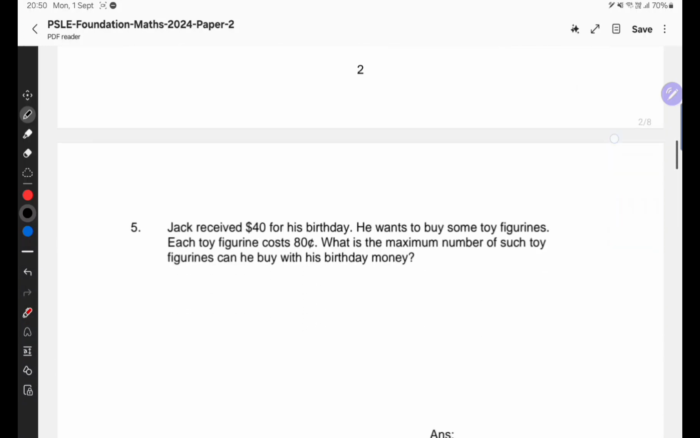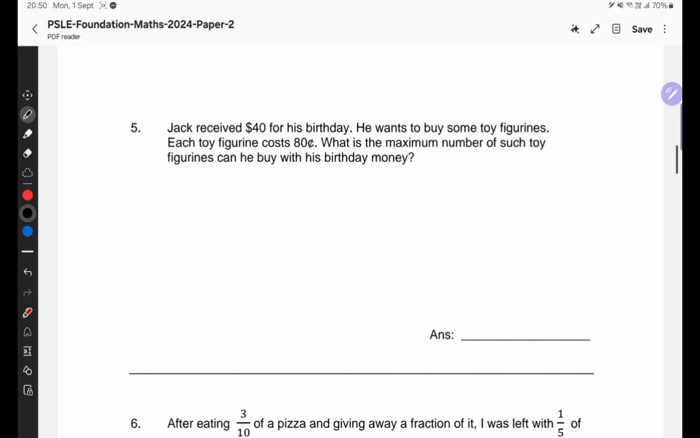Okay, moving on to question 5. Jack received $40 for his birthday. He wants to buy some toy figurines. Each toy figurine costs 80 cents. What is the maximum number of such toy figurines he can buy with his birthday money? Okay, so Jack received $40 for his birthday and each toy figurine costs 80 cents. So first step is we need to convert this 80 cents into